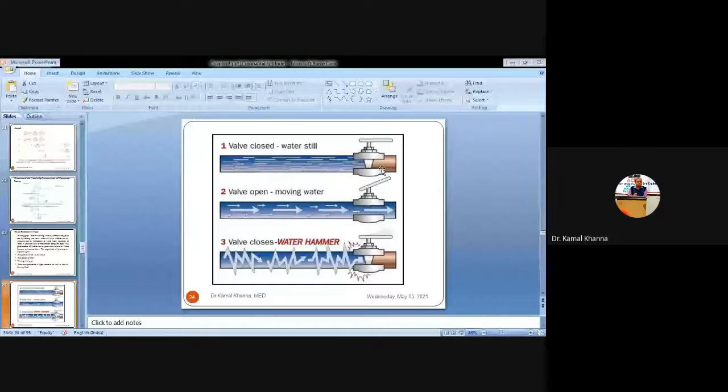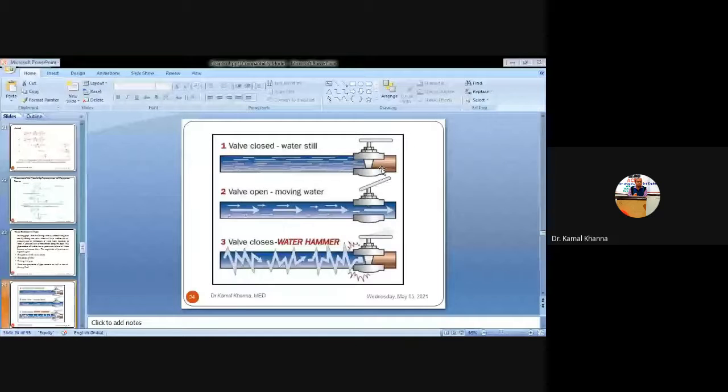The layers and particles of the water start striking the inner surface of the pipe with very high pressure, creating some noise, and that noise, created due to the travelling of pressure waves in the backward direction, is known